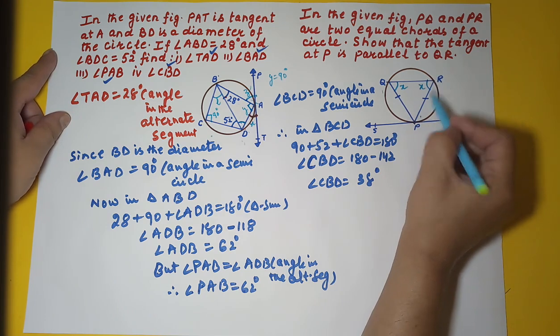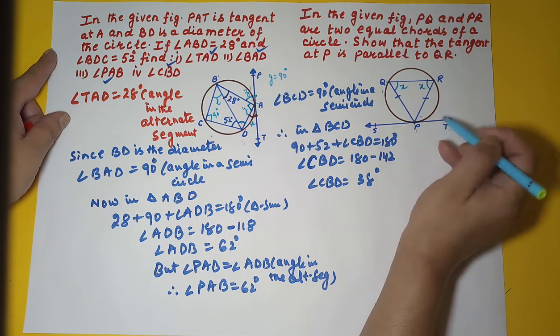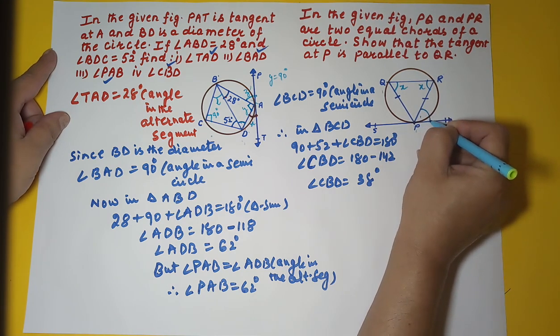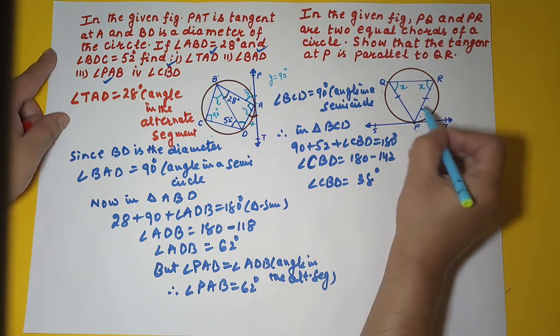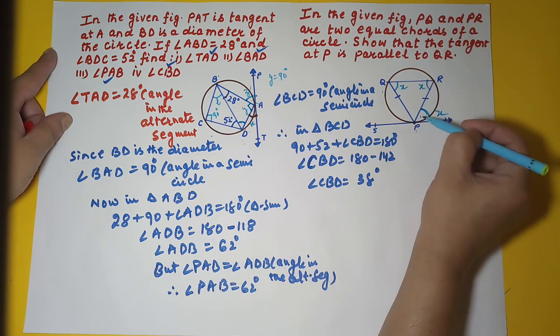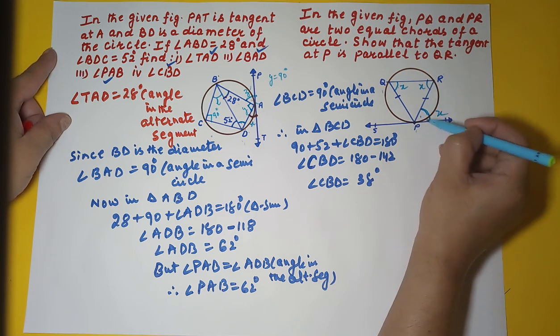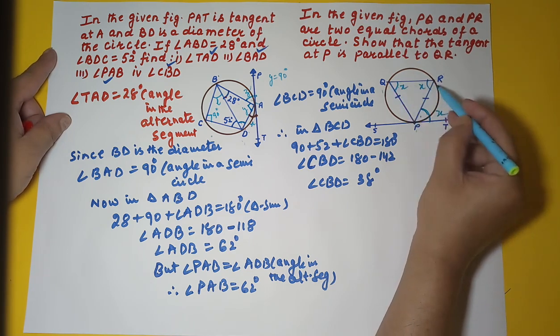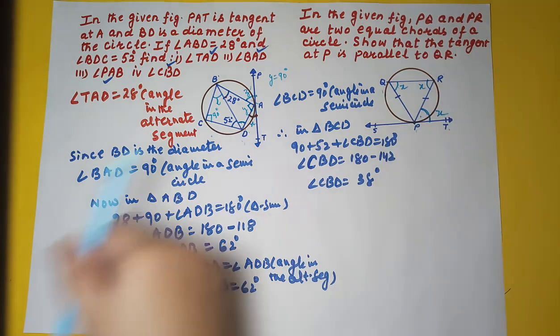Now, if you consider this chord PR and this tangent ST, it makes this angle through the point of contact, right? So does that mean this is equal to the angle in the alternate segment? So this is also X, right? Now look at these two angles. They are also equal. If this is X, this is also X. But these are alternate angles. Therefore, when are alternate angles equal? When lines are parallel. Therefore, ST is parallel to QR, right?